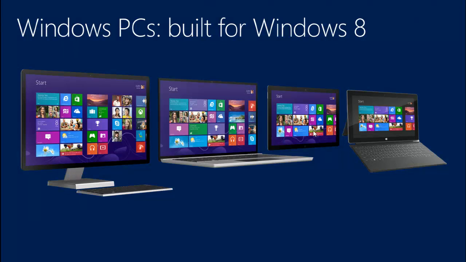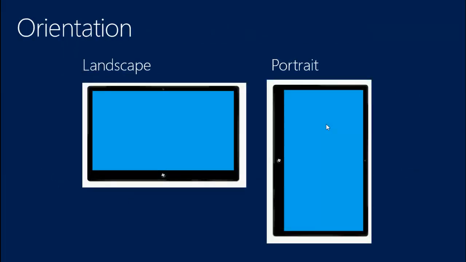Okay, so we need to consider that there's two different orientations, landscape and portrait, for devices. Now, granted, your laptop, your desktop, your Ultrabook doesn't necessarily have portrait mode. This is an Asus Ultrabook. I can pick it up and turn it sideways, and then I get to turn my head. The screen doesn't adjust. But on your Surfaces, anything with